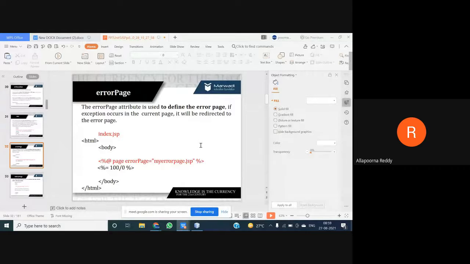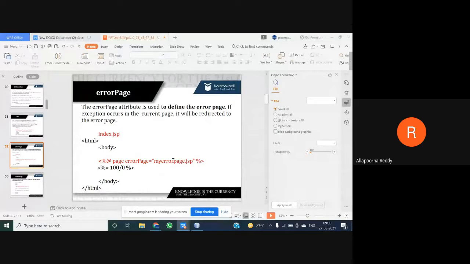You are creating two pages here, like index.jsp and myerrorpage.jsp. In the first page, that is your index.jsp, in this example, I am saying you have made some mistake. But when an exception has been raised, then immediately it goes to the page called myerrorpage.jsp.